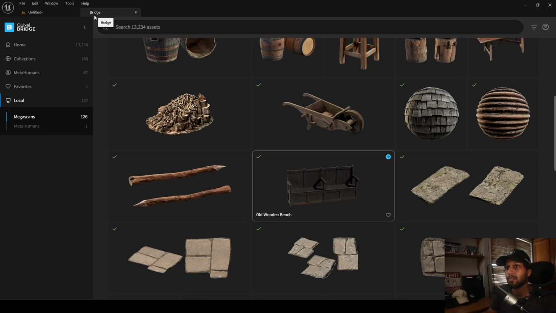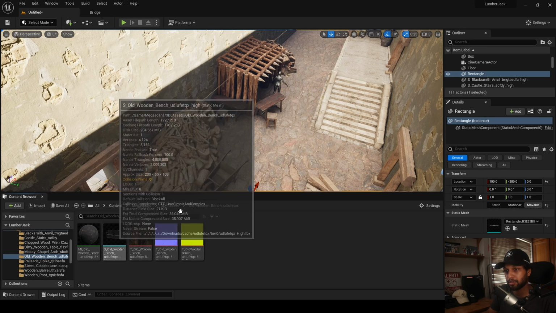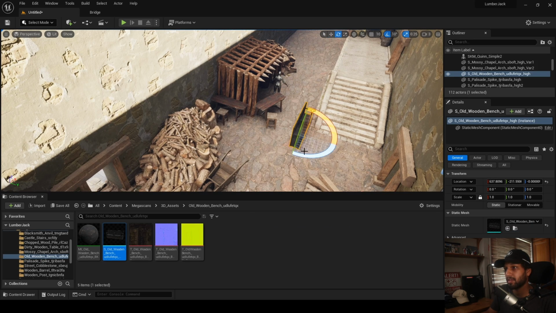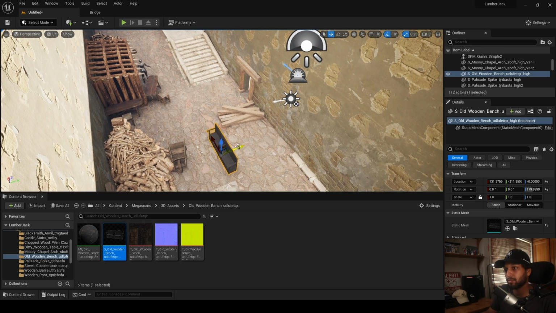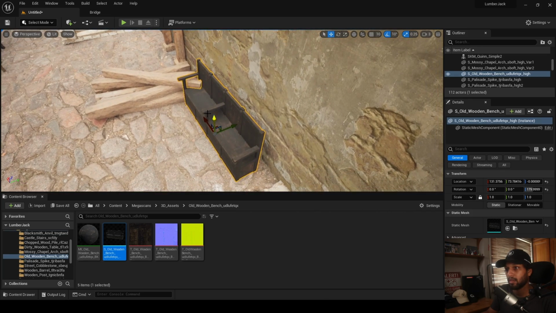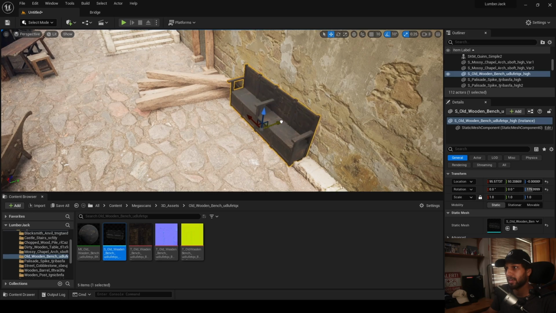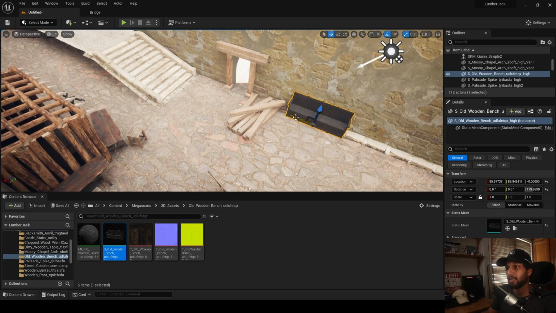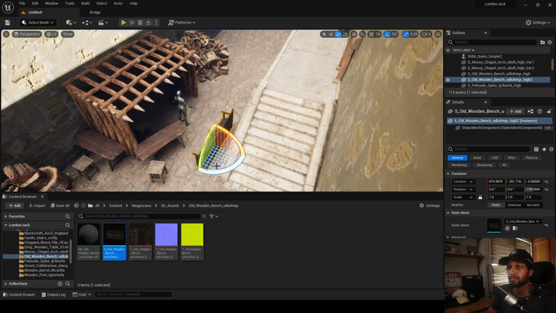What's it called? It's called old wooden bench. Okay, so old wooden bench. Drag and drop this in here. Let's rotate it. And then maybe one of these could be here, for people that are tired of walking and want to rest a bit. And then let's alt and drag. Put this